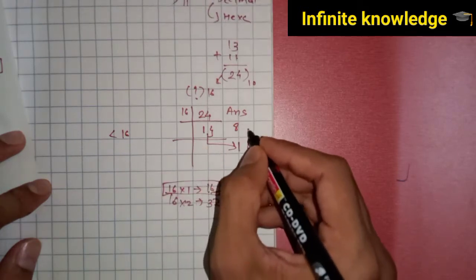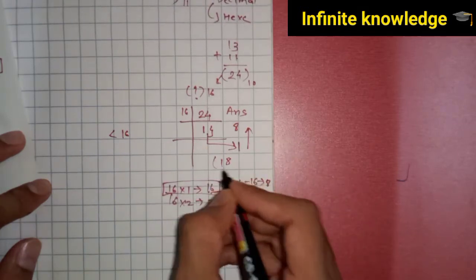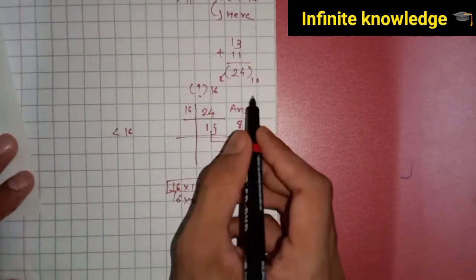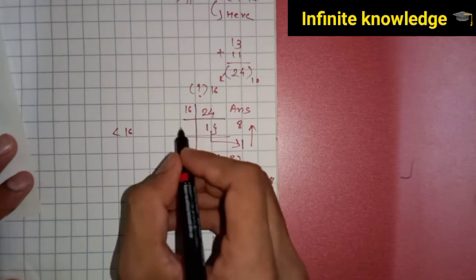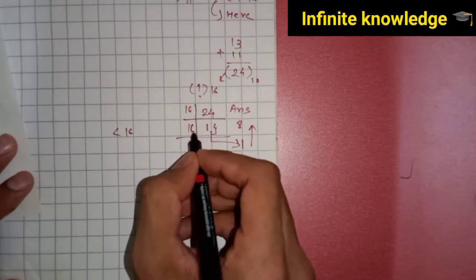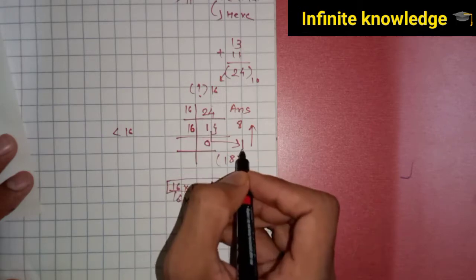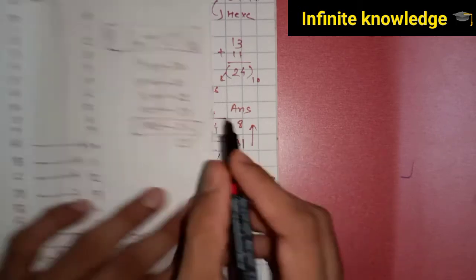So write in the opposite way. So what we get is 18. You see, we get 18 by this table method, as well as by this subtraction method. And another rule: you have to multiply 16 into 0. So 16 into 0 is 0, and 1 will directly come here. So we get 18 by both methods.